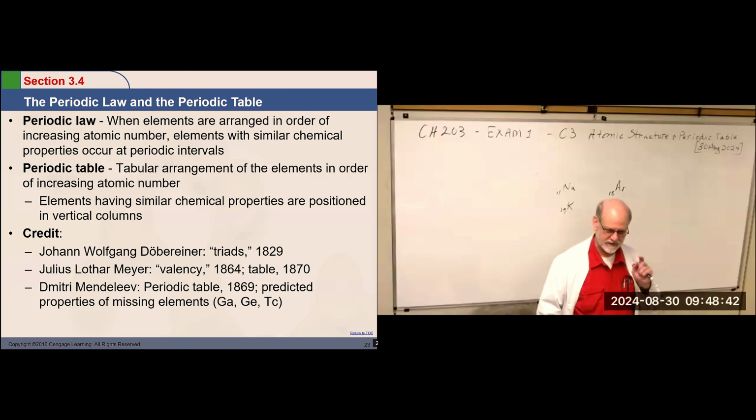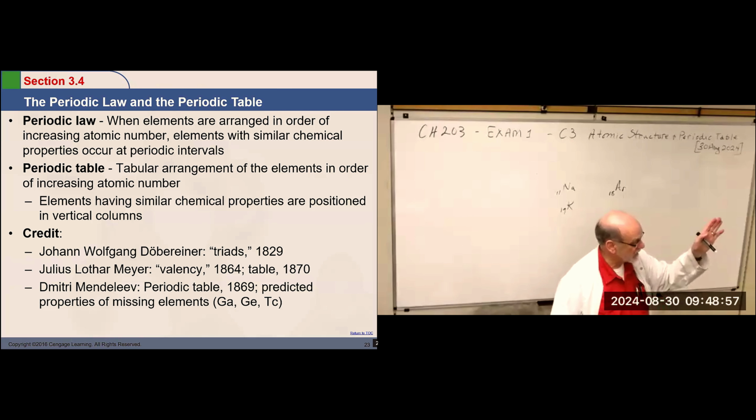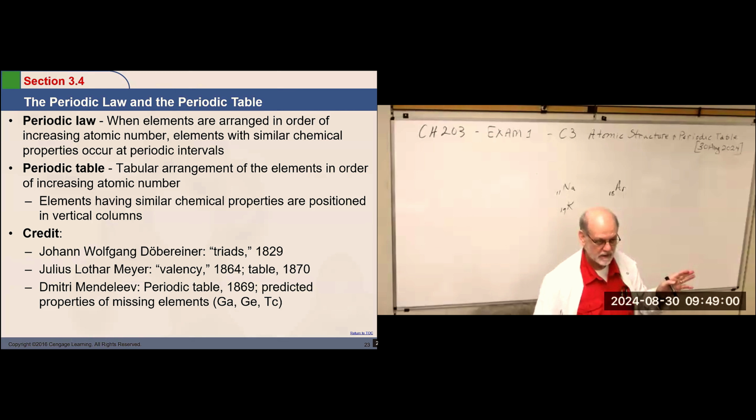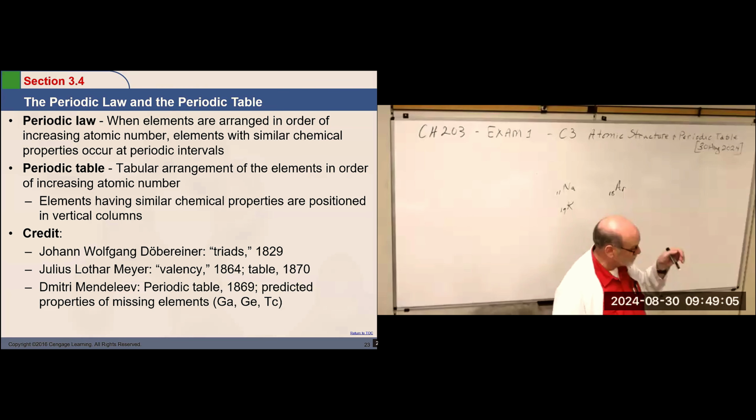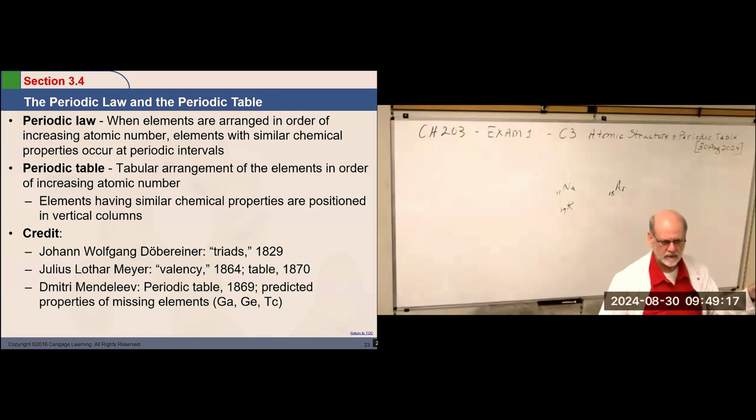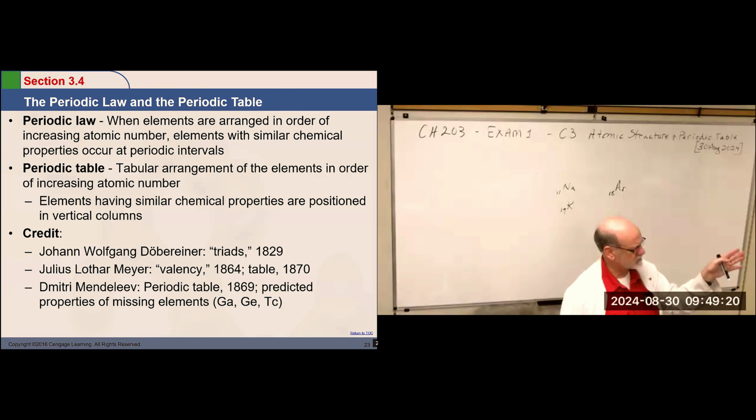Then Dmitri, there we go, that's his name, Dmitri Mendeleev. He put out his periodic table about the same time as Meyer. The difference that Mendeleev introduced was that he noticed that groups of elements, of all the elements that were known, if you just move from left to right and top to bottom through your periods and add them in there, sometimes he tried to add one in that was in the wrong group. It didn't have the characteristics of that group. He says, wait a minute, this one has the characteristic of this group over here. So he stuck it over there and left a space.